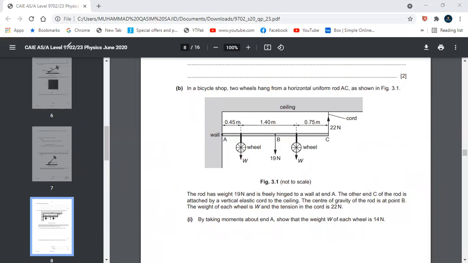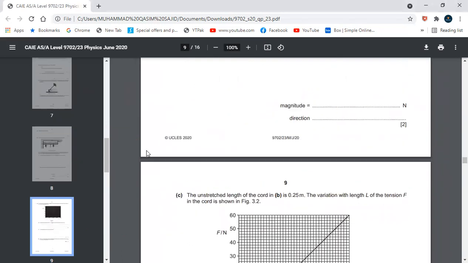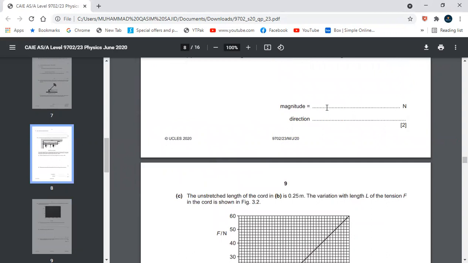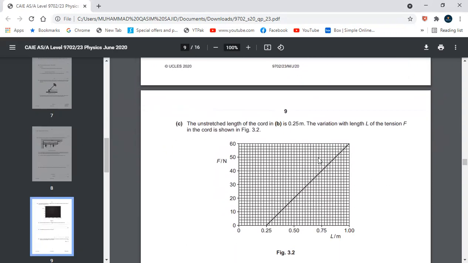So this is the end of this. The direction was downward, due to acceleration acting, that is acceleration due to gravity. So the magnitude is 25 and the direction is vertically downward. Now for question number C,